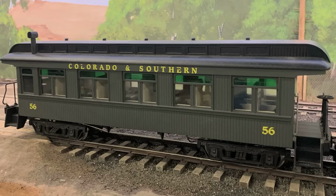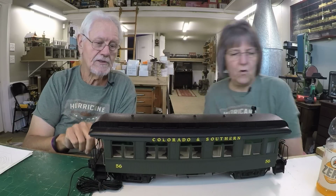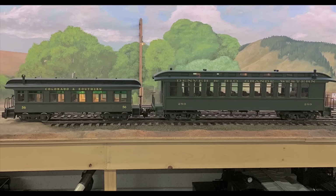Full lights in here. So in this case, both wheel trucks are wired. Whereas on the combine, since the lights are only at one end, I guess they figured they only needed to power it from one end. Pretty silly. You'd at least want to hook power to both trucks so they don't flicker quite so much. Again, these are all issues, but